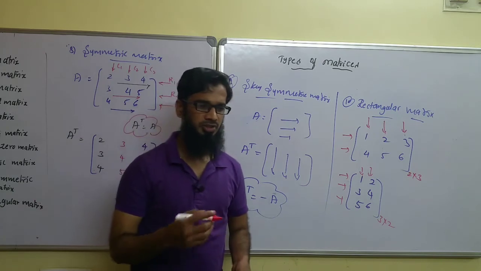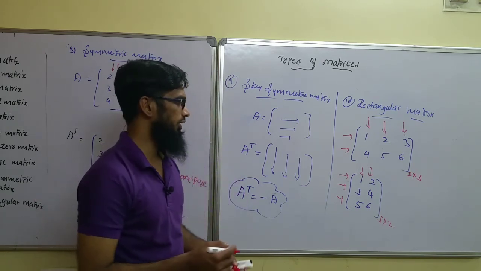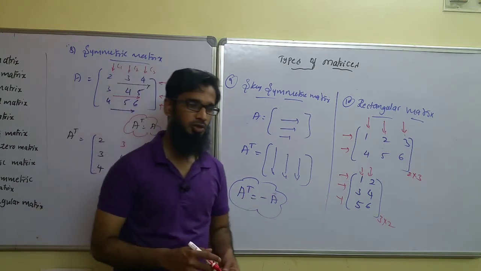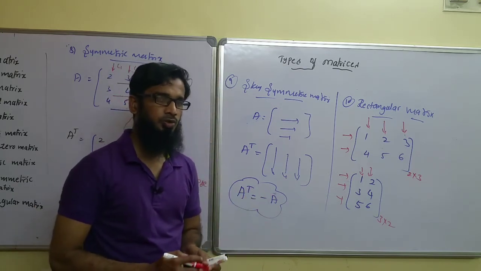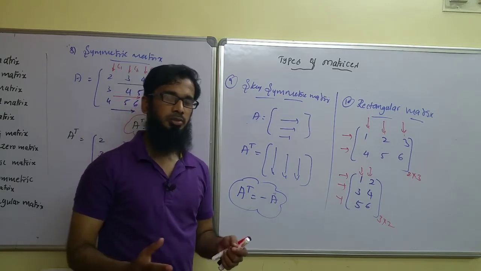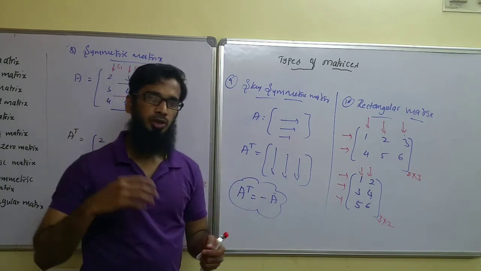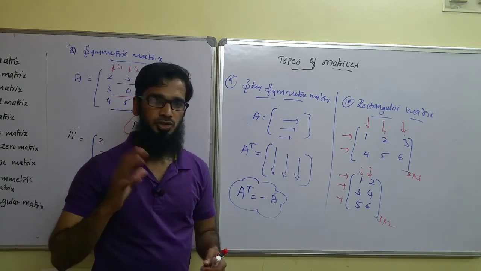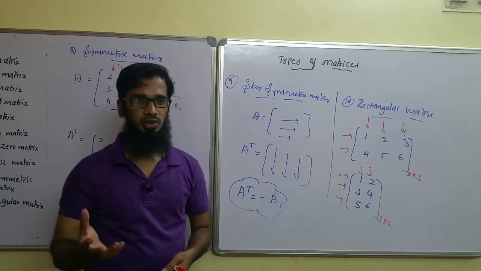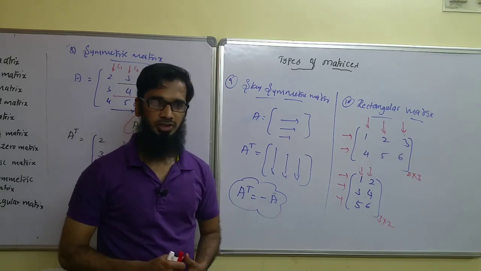Some other matrices are there, like the principal diagonal matrix. Okay, let it be. These are the very important types of matrix that we have discussed till now. I'll go for a brief here. The matrix is nothing but a rectangular arrangement of the elements, in rows and columns, in which each row will have the same number of elements and each column will have the same number of elements. Those are the two conditions it has to satisfy.